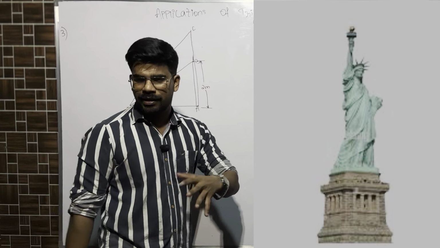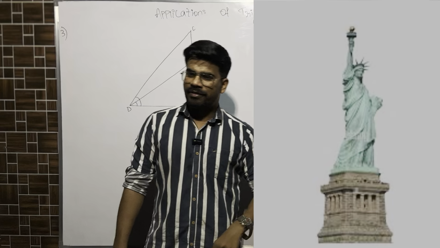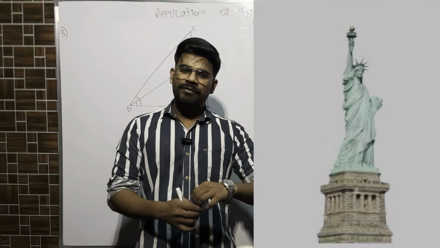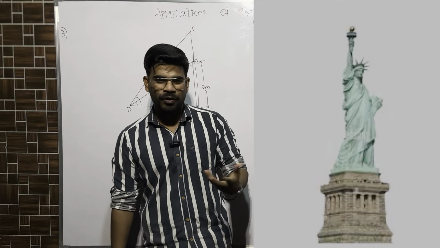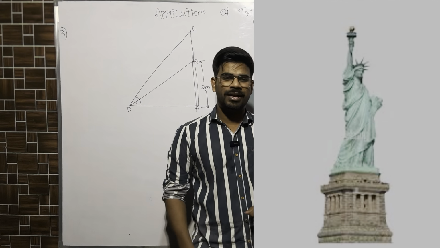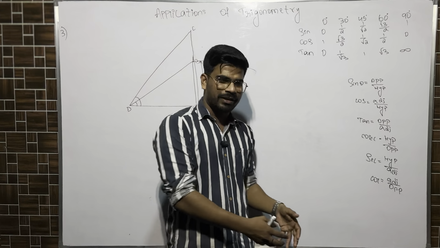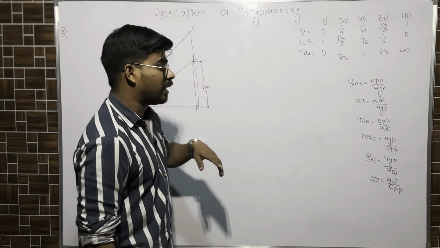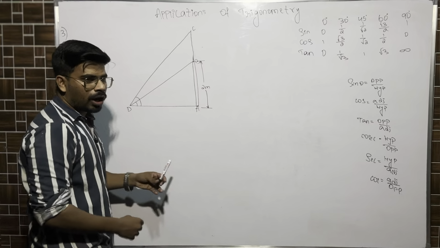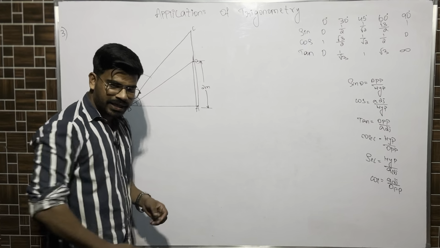Pedestal, you know, right? Like I've already told you this example, wherein in a photo studio we used to stand on that. Before, we used to stand on that pedestal and pose for a photo in the studio. It is the place where we put a statue, or we take help of that for getting a better picture. So that is a pedestal. On the top of the pedestal a statue is placed, right?